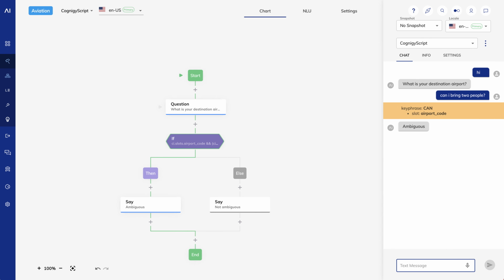In general, you can include Cognigy script anywhere you find a text or data field in Cognigy. In prior sessions, for example, we've looked at other places you can include Cognigy script, such as HTTP request nodes. For more complex logic, we'll introduce a new node type, the code node. Code nodes are exactly what they sound like. They enable a flow creator to execute custom JavaScript or TypeScript code within the flow.